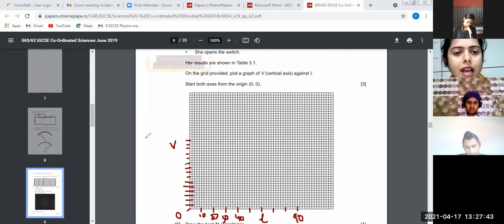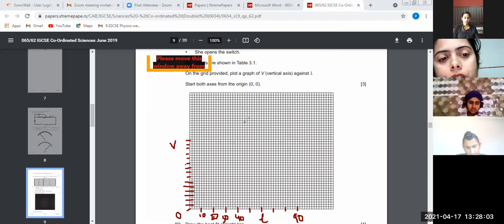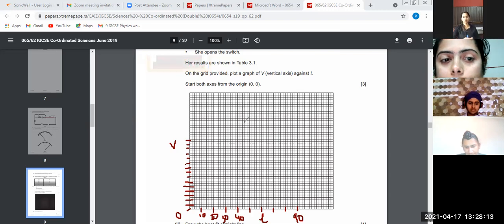Okay. Yes, Singh Saki, what numbers have you written on the vertical axis? Ma'am, I started with 0.9, then 1, then 1.1, then 1.2, like this. You started from 0.9? Yes ma'am, I started from 0.9 itself. But see, it is given in the question that your origin will start from 0. Ma'am, I have written 0 here in the notebook as the origin, and after 0 I have written 0.9.